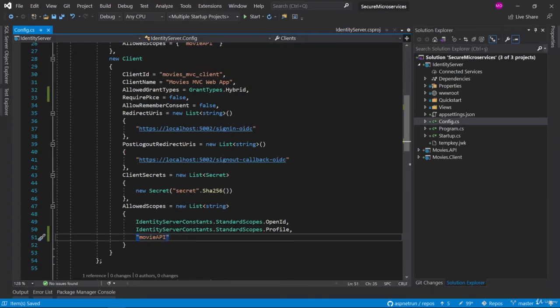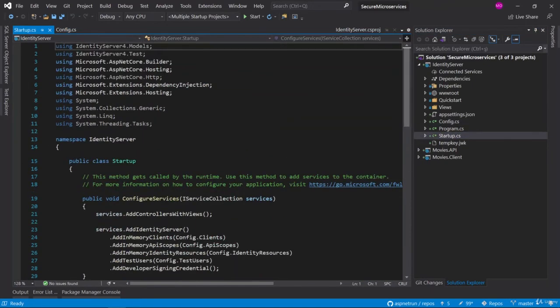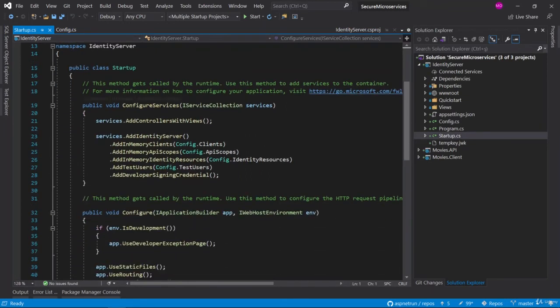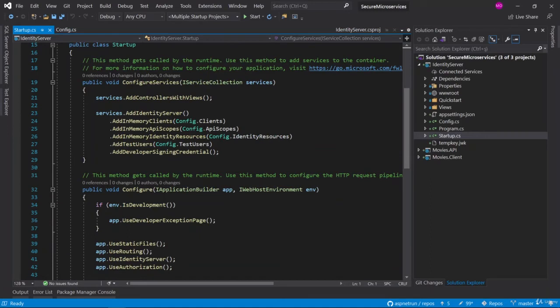So we have added the movies API, and now we check the Startup.cs and make sure that these clients and resources are loaded properly. Yes, as we already developed that, we have resources and scopes added properly. As you can see, in the in-memory clients, config clients, we added the clients here, and also we have added the API scopes here.